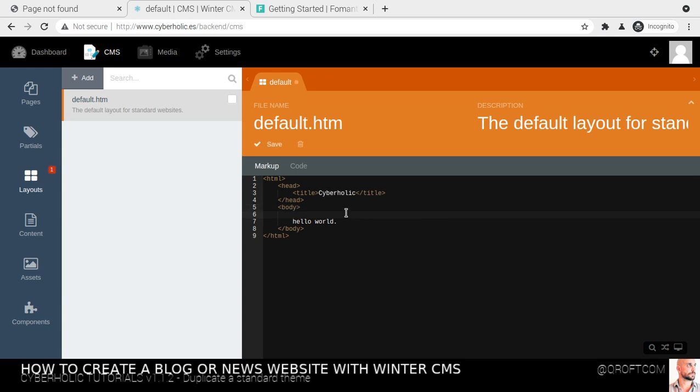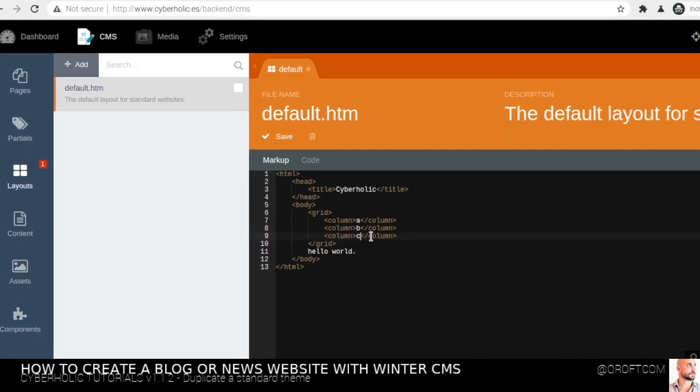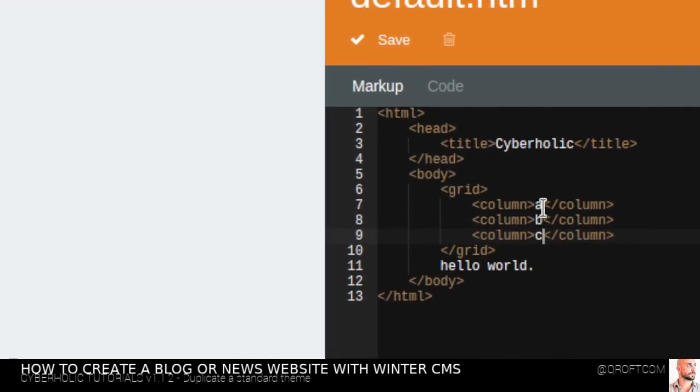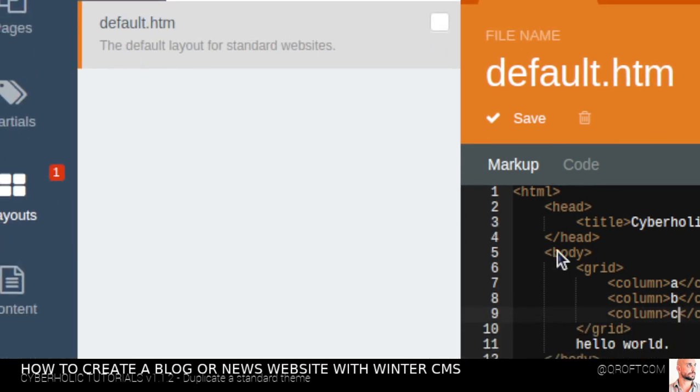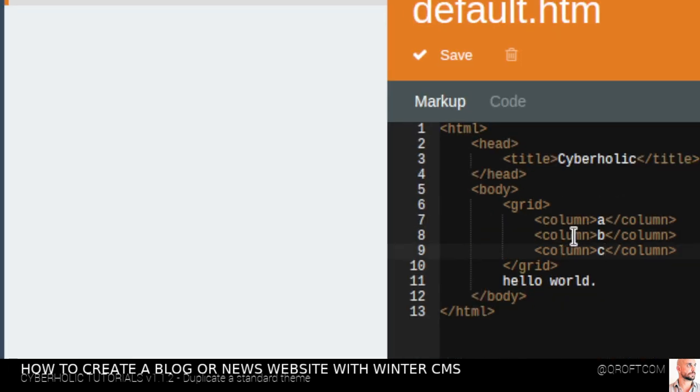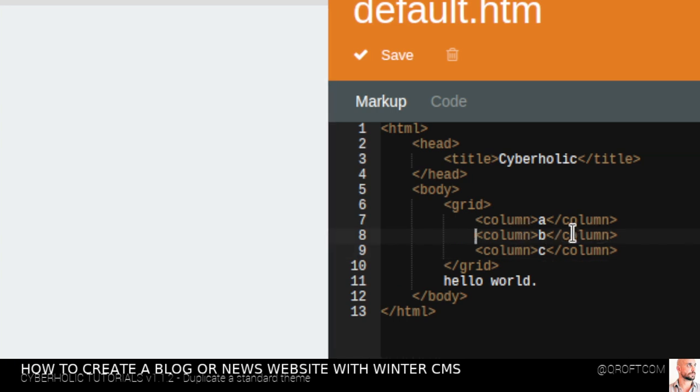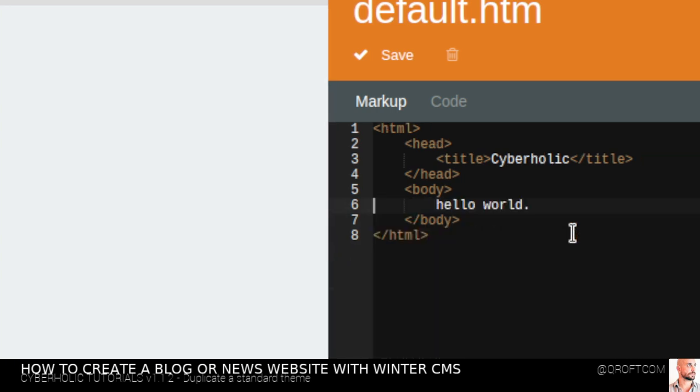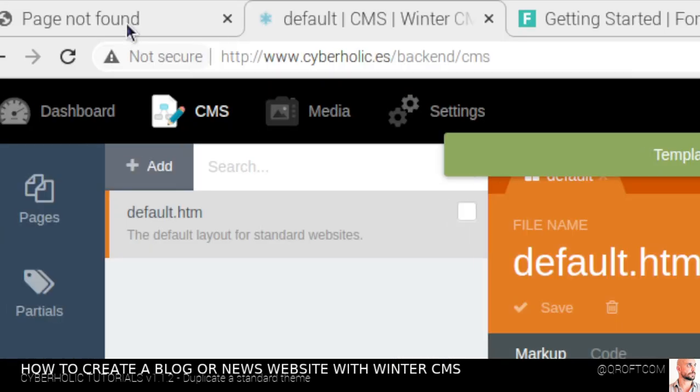So for example, if you would have some kind of grid system in here, just let's write this as an example. Currently in this layout that I'm having here, you could have a 3-column grid, but you could create a new layout having just a 2-column grid and call pages with that layout. So we really can define the page structure within this. This is absolutely fantastic. Nevertheless, this page is not going to work like that because if I refresh it now,